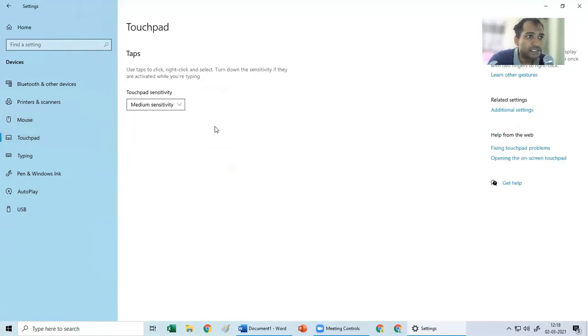Next is touchpad. This is for the laptops. I am right now on a desktop, so I'm using a mouse. But on the laptop, you must have seen a touchpad is there, which you can use to control the mouse gestures. And the sensitivity of it can be controlled from here. There are few sensitivities amongst which you can select. Next is typing.